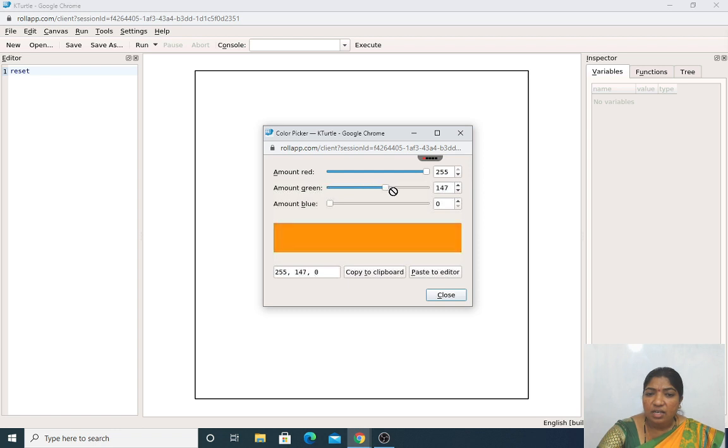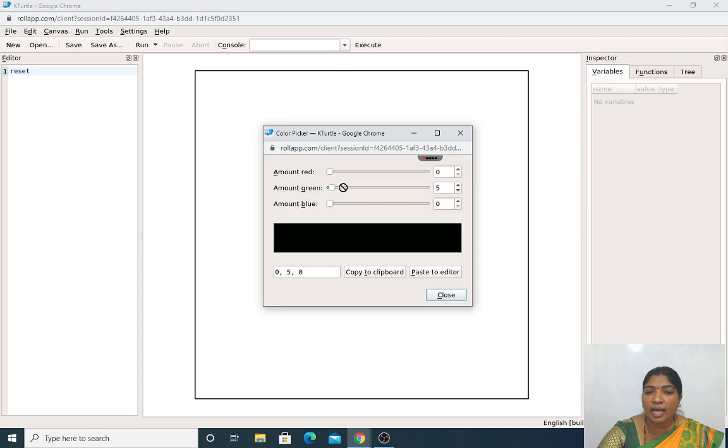Again I can change this amount of red to 0, and amount of green I will take to 255. If I move it, the color changes from light parrot green and then comes to the green color. Again I will use 0 and I will make use of blue. Just see here, dark, dark, dark, and then pure blue color is selected. This is nothing but the color picker, the color preview box.